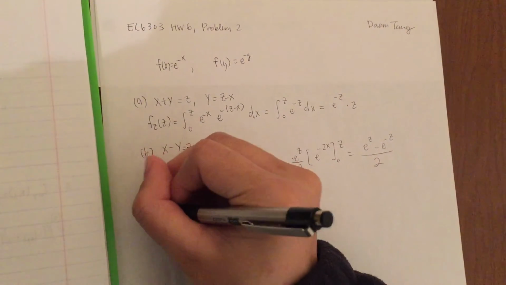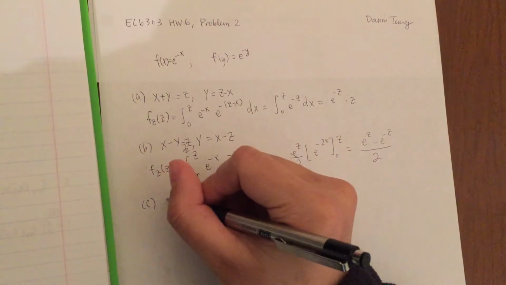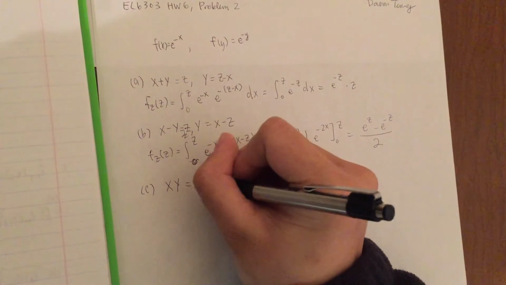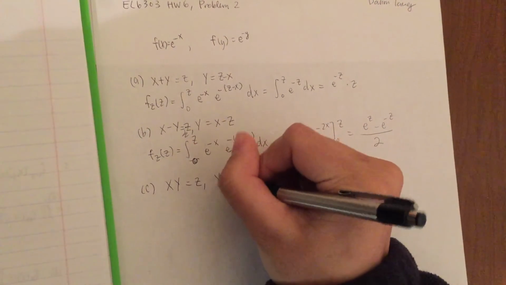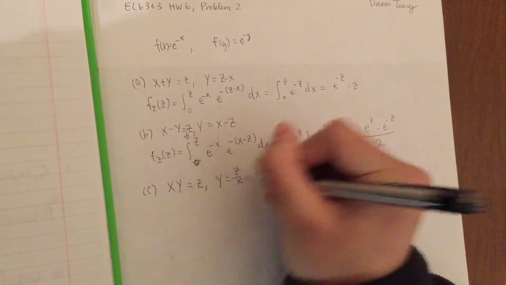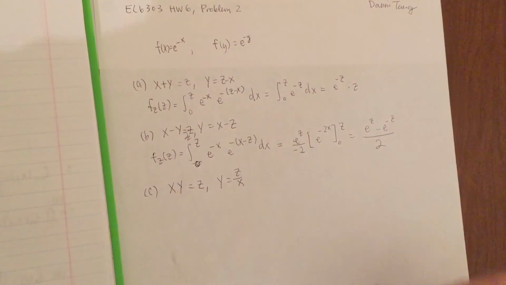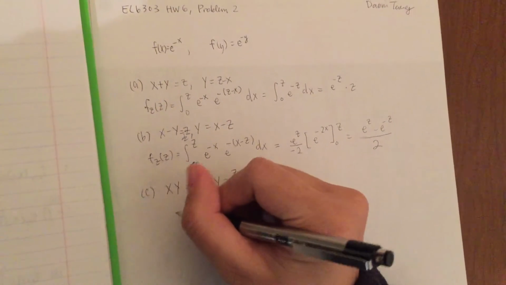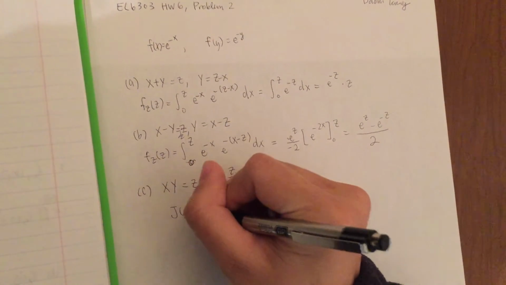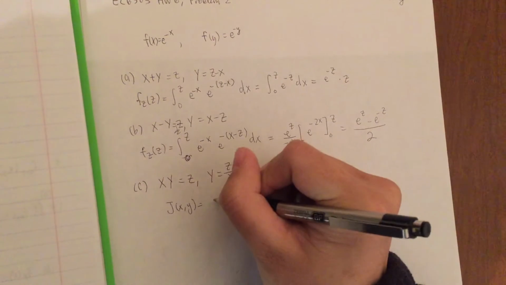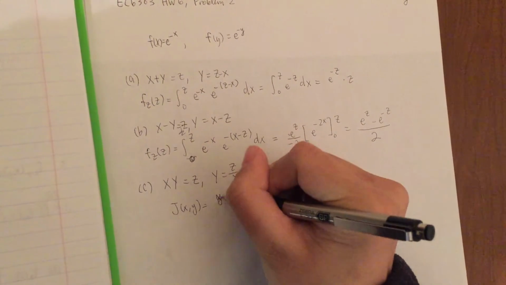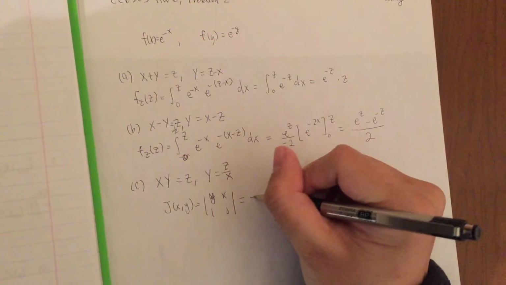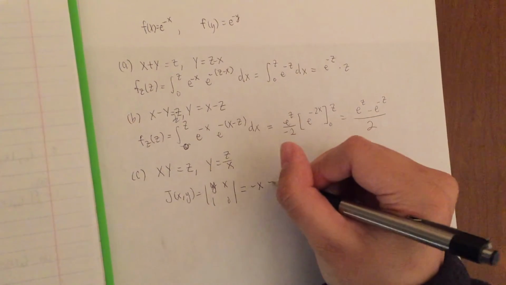And part C is a product, x times y. You set this equal to z, write y in terms of the two variables. So this part you can actually find in the lectures. You have to find the Jacobian. So this is just straight from the lectures. And then you find that it's negative x, and you set this